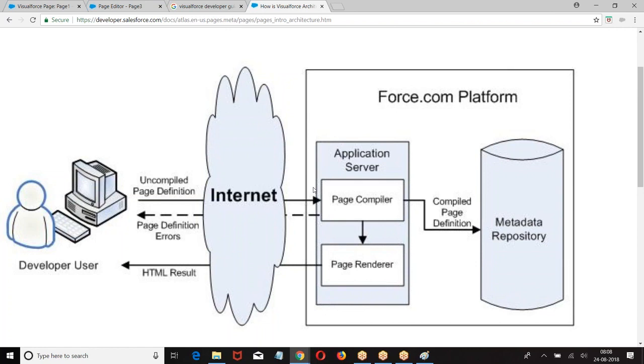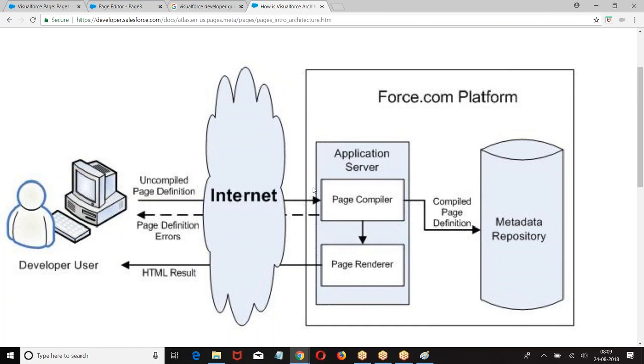Then whatever page is successfully saved will be rendered in the form of HTML on the browser. You may write whatever you want. At the end of the game, if something is displayed on the browser, it is in the form of HTML only. You may write ASP.NET, or Java, JSP, or Spring, or PHP, whatever it is. Irrespective of the language you are using, at the end of the game, if you are able to see the UI output on the browser, that is converted in the form of HTML.